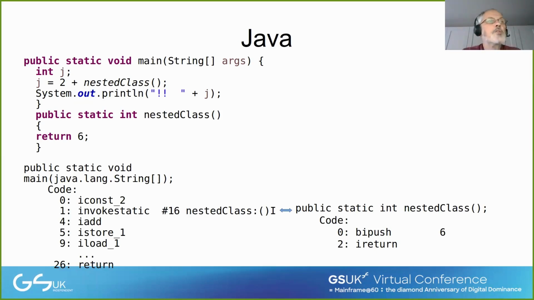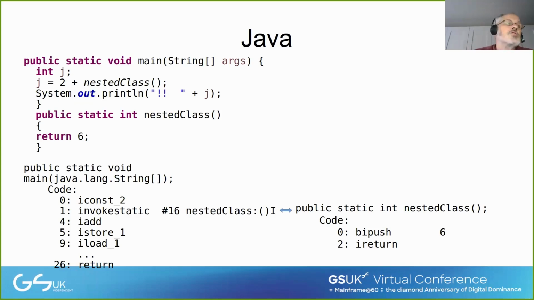It then says, invoke a routine called nested class. And on the right, we see the picture. All it basically does is put the value 6 on the stack and return. Instruction 4 says, add them. 5 says, store it, and then says, ready for the next instruction, load it back into memory before doing the printout. So this is the Java bytecode which is used